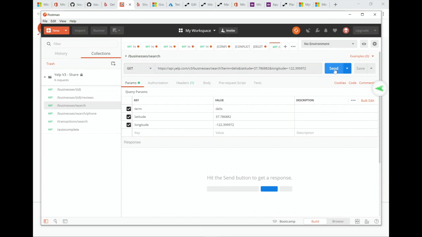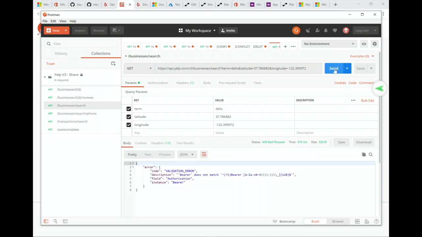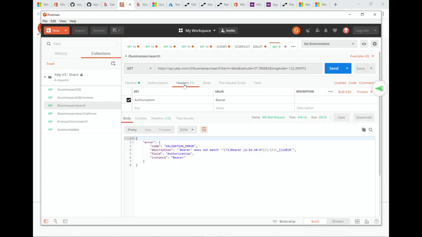But if I first click on send with this sample, it will not work because there is no authentication. So I need to provide authentication in the headers. I have to put the header authorization, and the value will be a concatenation of this and my key.